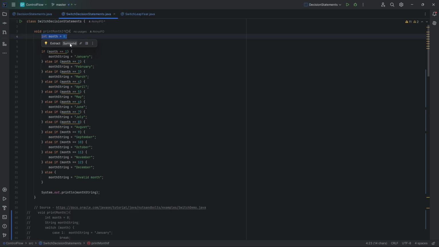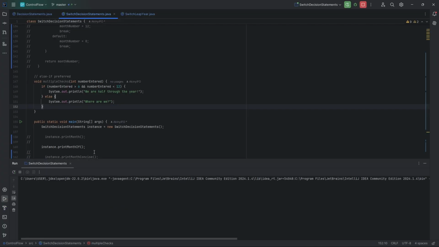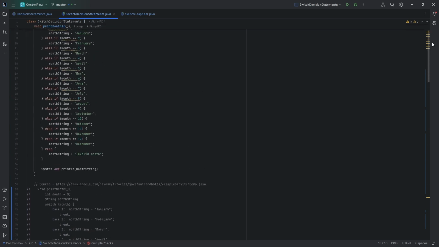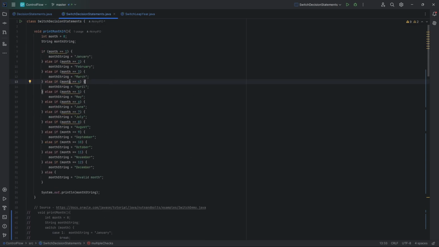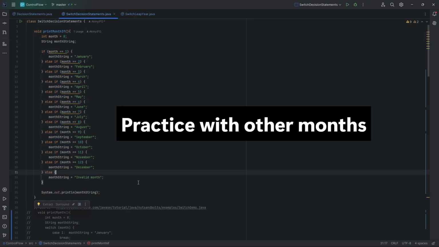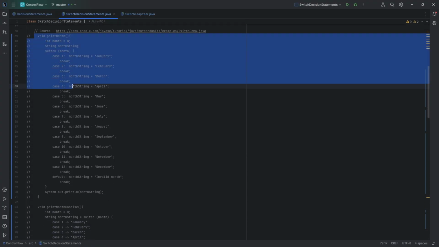So I'll go to the main method. I expect this to be August. Let's see, print month if. Here we go. I run this, I should see August. Here we go. Okay, if it was any other value of any other month, then I should have seen that month. So this is an else if way of doing it, but there is a switch way of doing it,